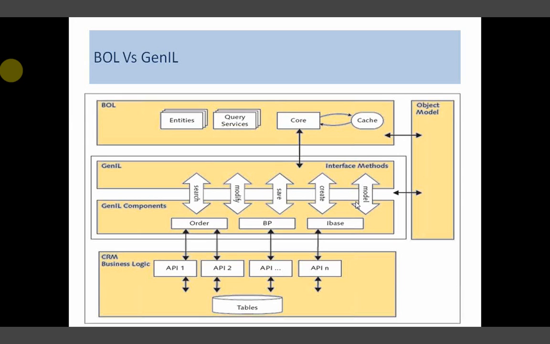That is nothing but a group of GENIL objects like root object, access object, dependent object, and modeling means the relationship between those objects. We have defined everything in a GENIL component set within the GENIL layer, but it should also be exposed to the BOL layer,